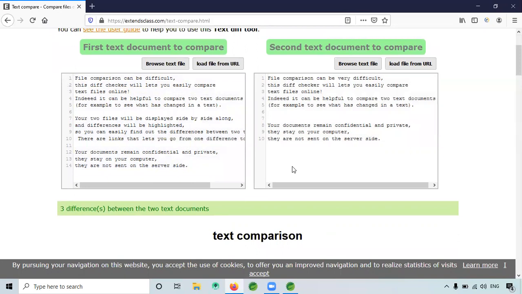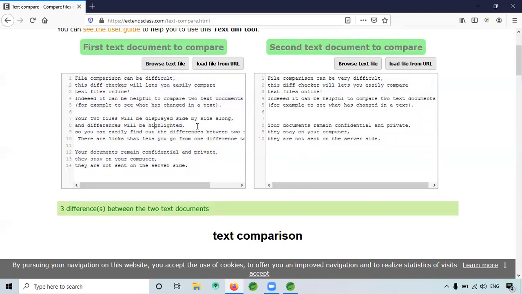So we are copying the text from the left box and pasting it to the right box. That is what Control A and Control V we have to send from the keyboard.